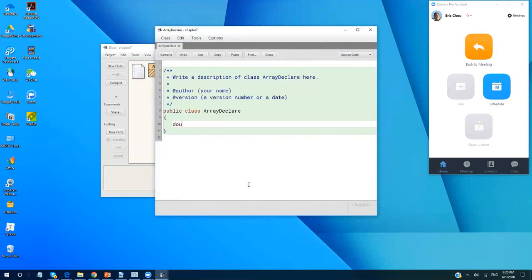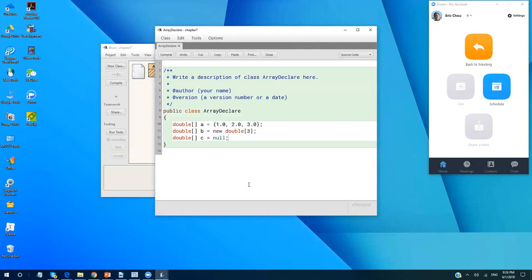Okay, let's do double array A equals 1.0, 2.0, 3.0, right? And then double array B equals new double, and keep it 3, right? Third type called double array C equals